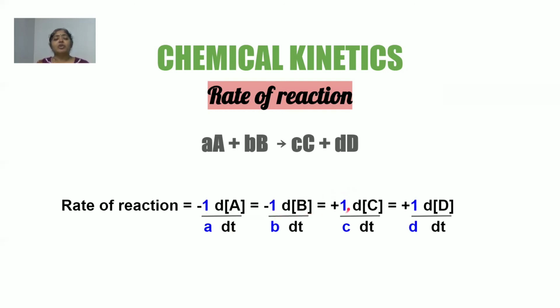This is very, very important, students. You must keep this in mind. If at all you forget to put this reciprocal in front of the rate, then you arrive at the wrong expression, and when you're solving numericals, you'll end up with the wrong answer. Okay, so two things to keep in mind. For reactants, the negative sign is very important. For products, the positive sign. And secondly, you need to multiply by the reciprocal of the coefficients in order to get the rates equal, irrespective of whether you're expressing in terms of the reactants or in terms of the product.